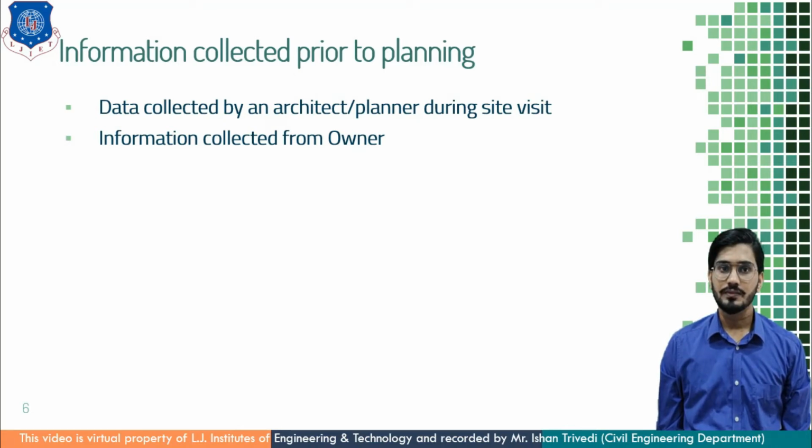This information includes the number of persons living in the house and their age, profession of the owner, accommodation required, servants accommodation added on or in an outhouse, then kitchen whether it is separate or combined with the dining area, separate room for puja, hobby of owner, car parking or separate garage, then ground floor accommodation, how many rooms are required at the ground floor and the first floor, basement storeroom, storage tank for water, its type and capacity, solar water heating system, then roof type, whether it can be pitched, flat, it can be anything.